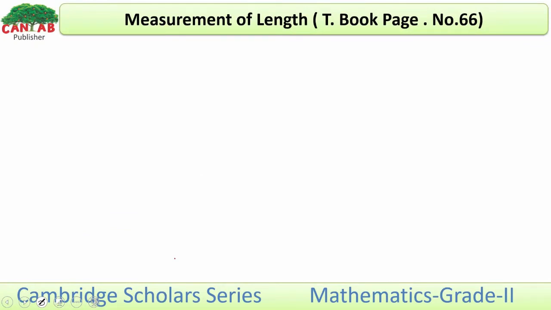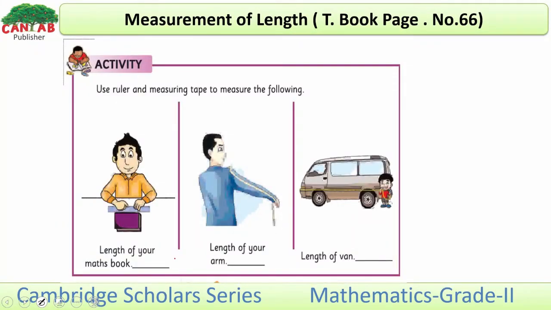Now come to the next page, page number 66. Activity. You have to perform this activity at your home. What you have to do? Use ruler and measuring tape to measure the following. You have to measure the length of your book, mathematics books. What is the length? Use ruler to measure your book and then write the length of your book on this line. Similarly, measure the length of your arm and write the length,